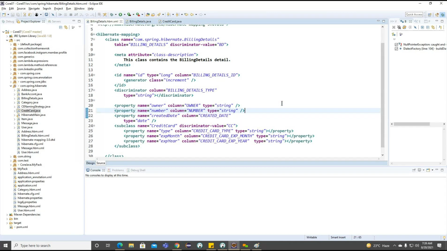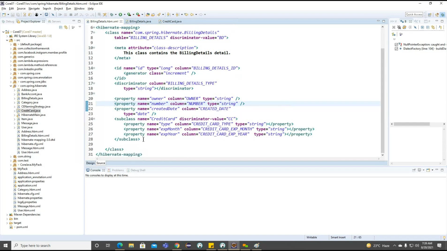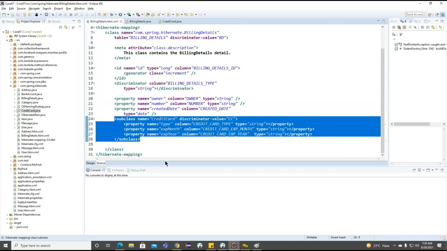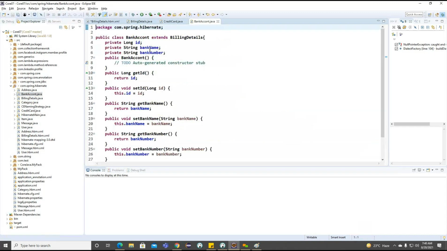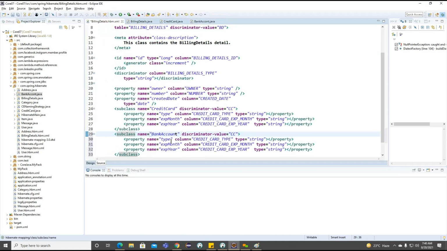So now what can we do? We'll create an object and we'll insert the data. But here, to work on one more subclass, what is our one more subclass we are having? Bank account. Bank account here. And the bank account details we need to provide here. Bank name and